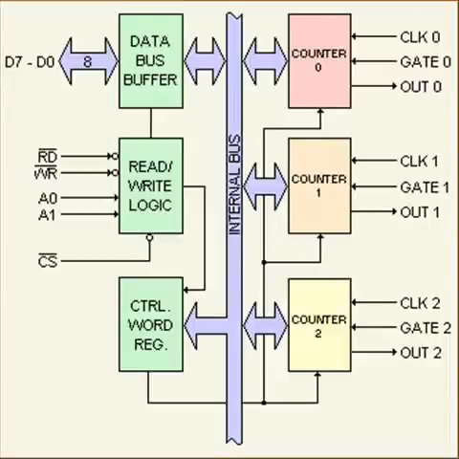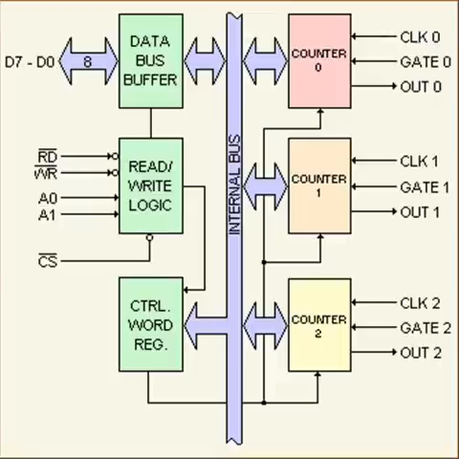Hello everyone, in this lecture we are going to discuss the IC 8253 and 8254. In programming the 8085, we have seen that a delay subroutine can be used to introduce a predefined time delay, and this delay is achieved by decrementing a count value in a register using appropriate instructions. But the disadvantage of this software is that the processor is locked in the delay loop and processor time is lost in counting. So this can be overcome by using a hardware timer and interrupts.